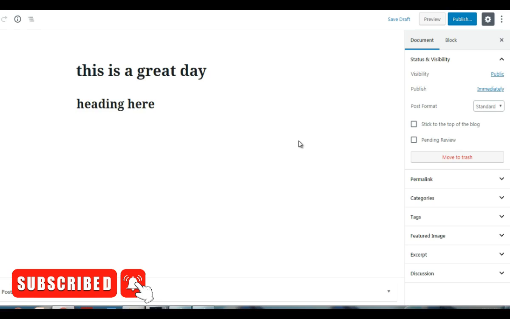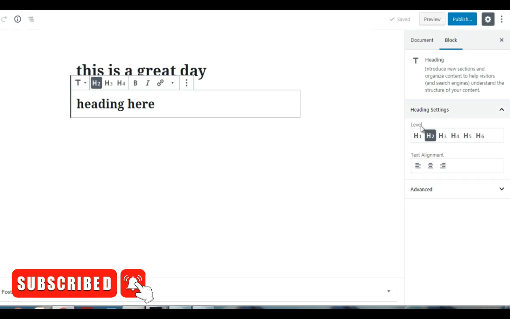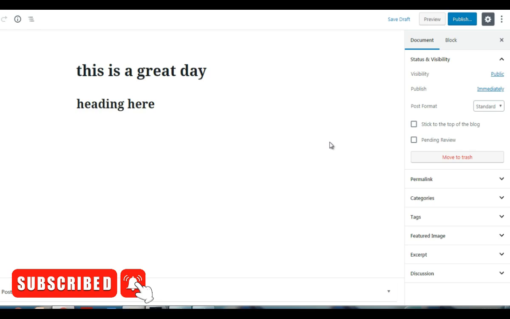All right. So this is a basic and brief overview of all the details. Now over here we have blocks. So if you click on block, whatever block you select, like let's say, for example, the heading here, you'll see the actual details here. All right. So that's it for now. We'll keep it simple and we'll move on to the next video.